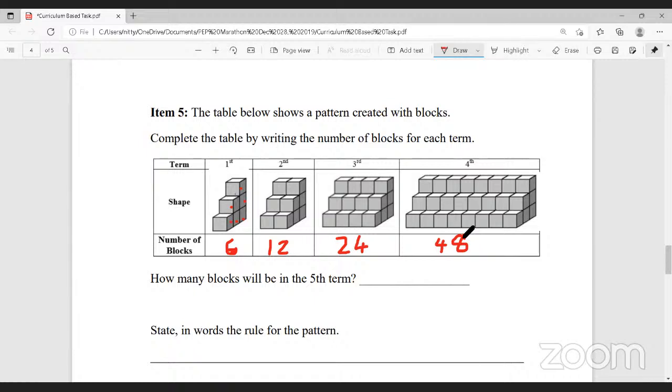All right, HP Young is going a bit further there. Looks good. So in the fifth term, we're doubling what is in the previous term. That means 48 multiplied by 2. So 48 multiplied by 2 will give us